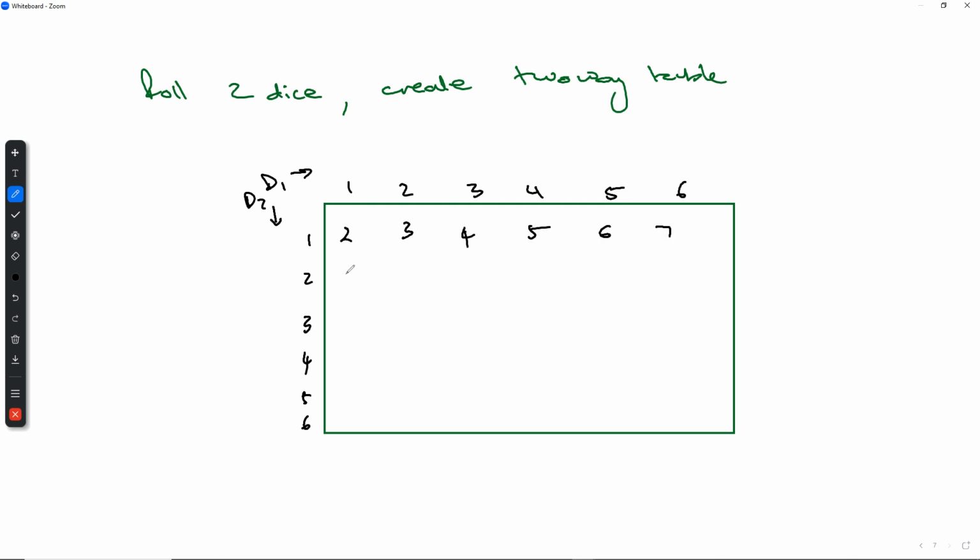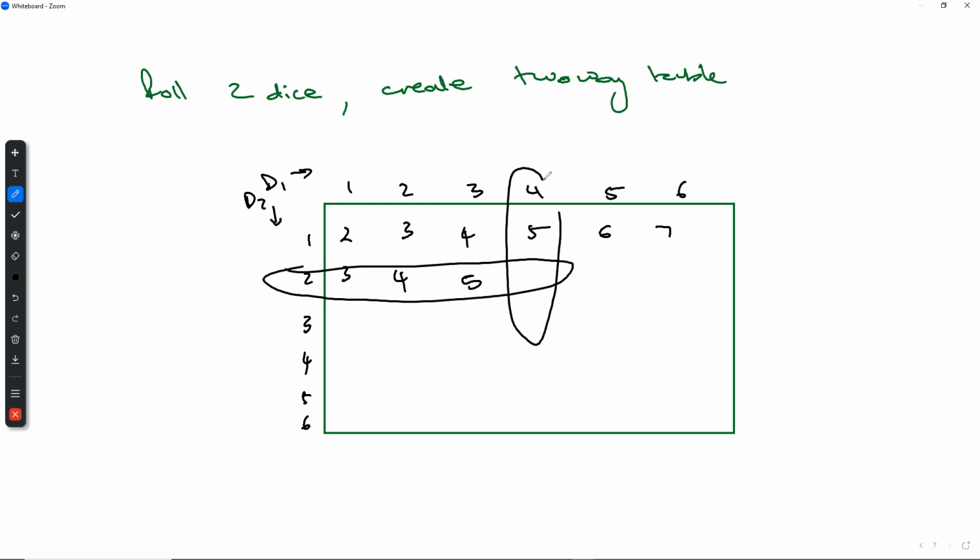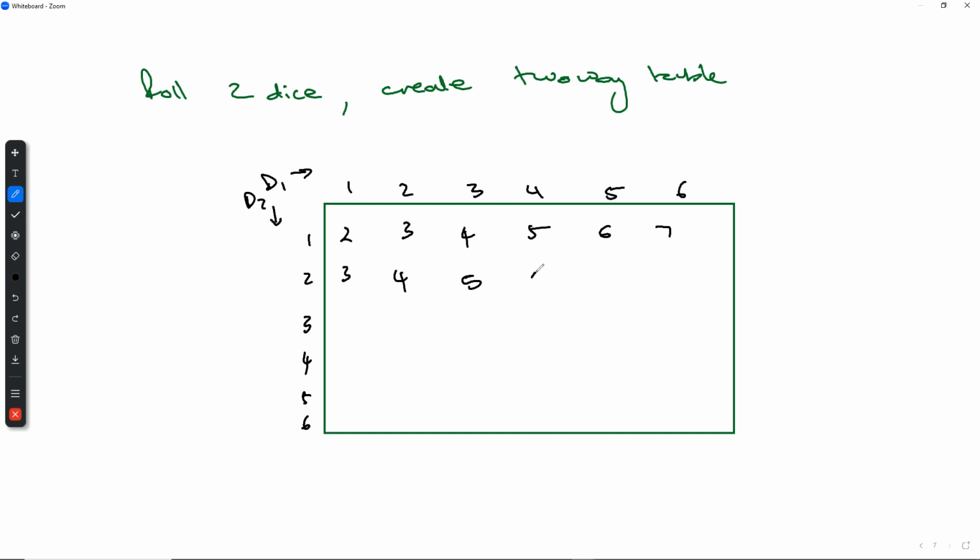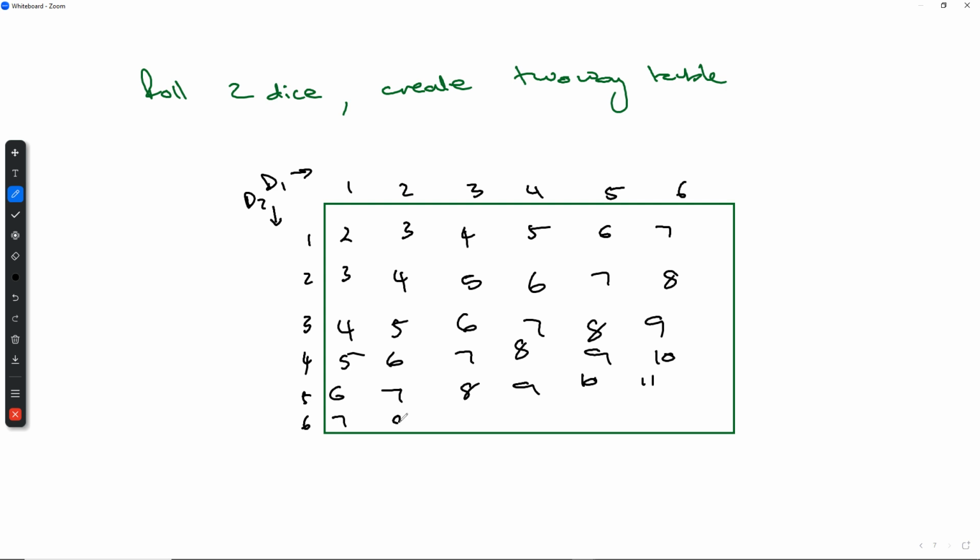and 7. This is going to be 3 because 1 plus 2 is 3, 2 plus 2 is 4, 3 plus 2 is 5, and wherever they meet up. So we're taking that 2 and that 4, and we're saying 2 plus 4 is 6. That's how we would get to 6. What you notice is that it's starting here 4, 5, 6, 7, 8, 9, and then 5, 6, 7, 8, 9, 10, and then 6, 7, 8, 9, 10, 11, and then 7, 8, 9, 10, 11, and 12.